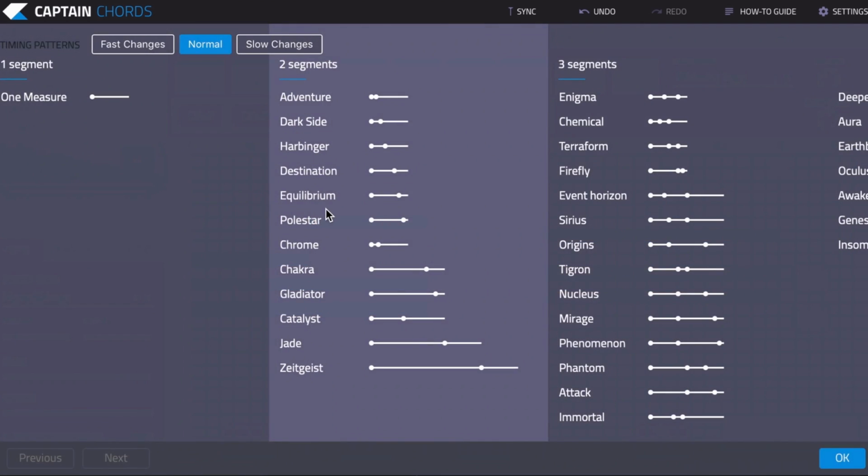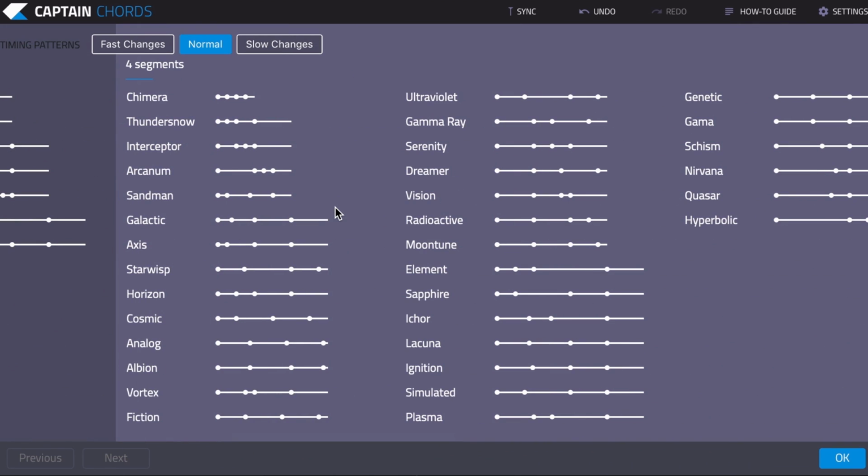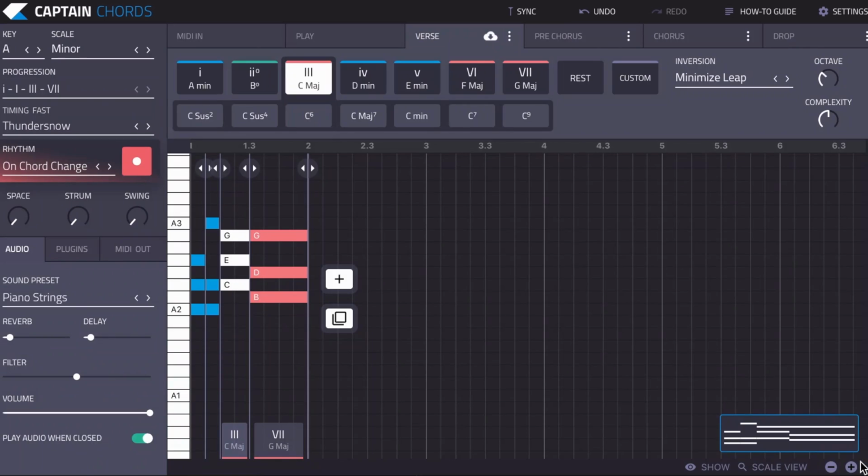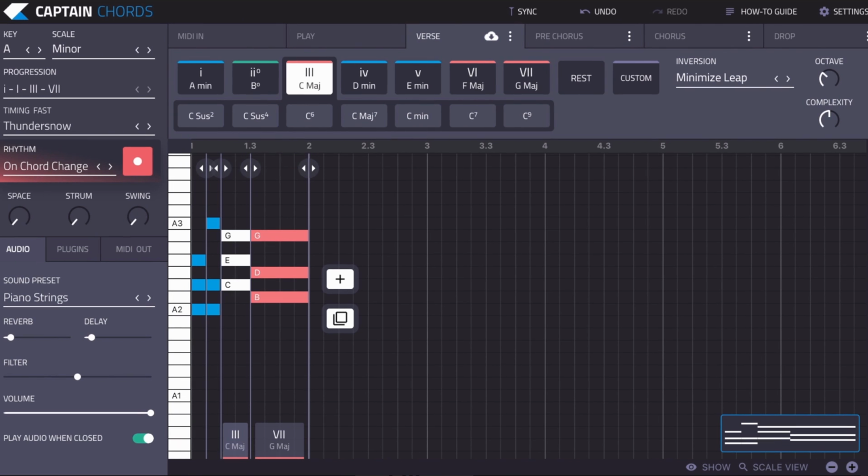Timing. This one is a little bit more difficult to explain, but essentially it changes the timing of the chords, which means it changes the duration of each chord, so they're not all the same and there's some variation. So it's not just playing a chord each measure, because that could sound quite boring. Like if I was to change, let's see, fast changes, and then go for this one here, you can see it's shortened all the chords, but they're not all the same length. So when I play that back, it's going to sound quite interesting, and that can work for a lot of songs. You don't necessarily want long drawn out chords.